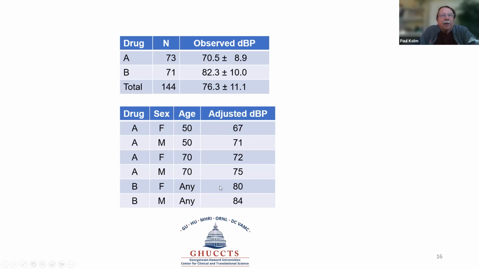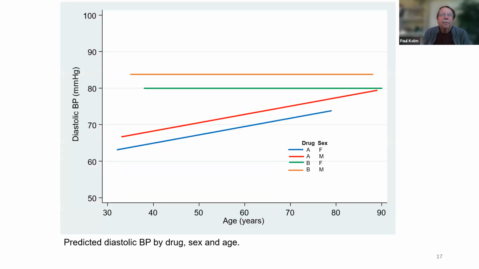In drug B, females at any age is 80. So there's quite a bit of difference here. It looks like we have not only a difference by sex, but it's also a difference in ages. And so when you put it in tables, it's sometimes a little hard to see. So what we typically do is plot the adjusted means. And so here we can see the interaction more clearly, where